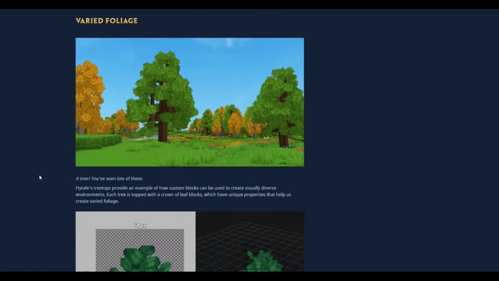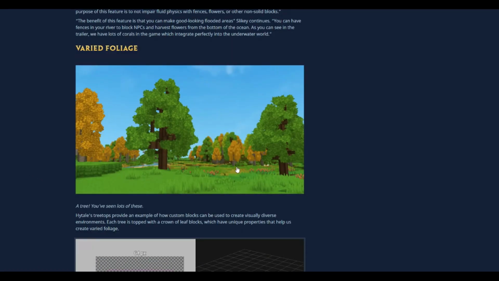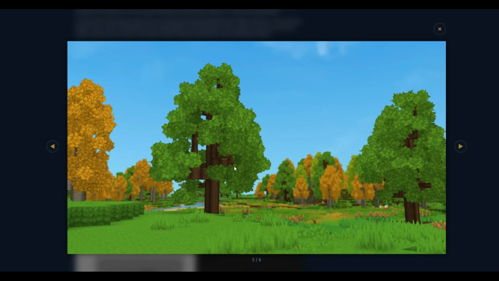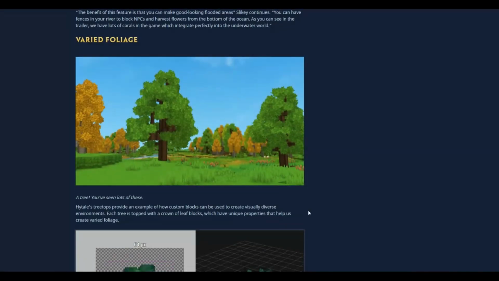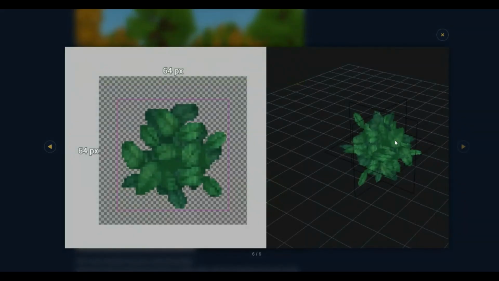Varied foliage. Hytale's tree tops provide an example of how custom blocks can be used to create visually diverse environments. Each tree is topped with a crown of leaf blocks, which have unique properties that help us create varied foliage. So here is just how the leaf textures work. In the trailer they look really detailed, and they really do. They look really nice. But what they are is just this flat image of a leaf that's just been rotated